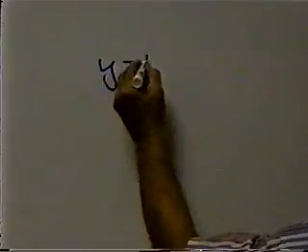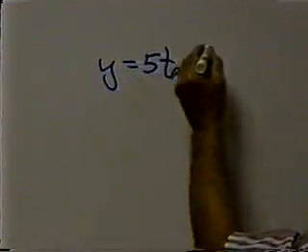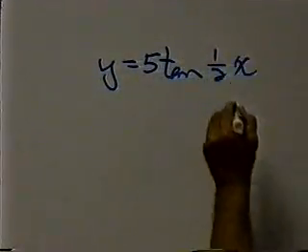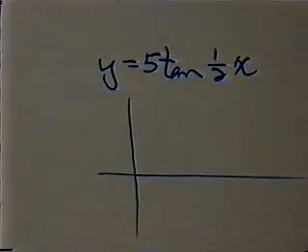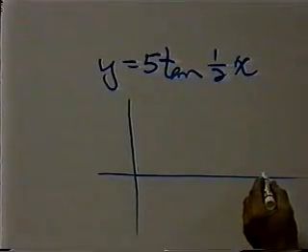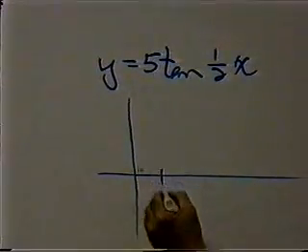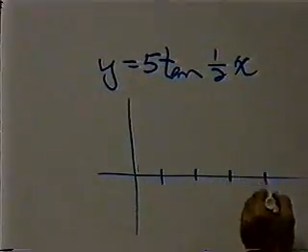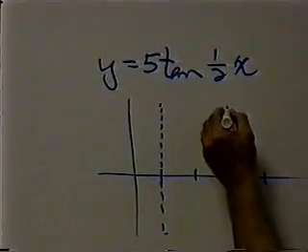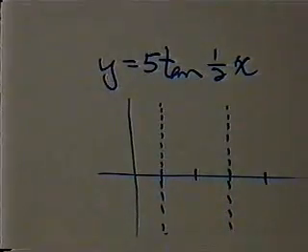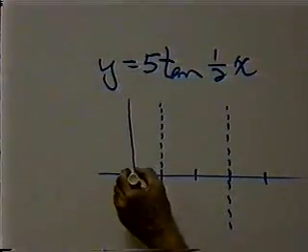All right, next example. Next example is y is equal to 5 tangent of 1/2 x. I'm going to just call it x here. The notes have theta, but just to say it doesn't make any difference. 4 equal marks. Okay, so 4 equal marks. Tangent curve is dotted line here, dotted line here. Tangent curve is,